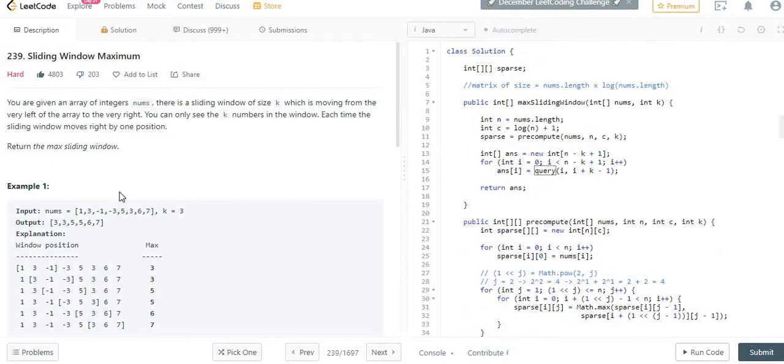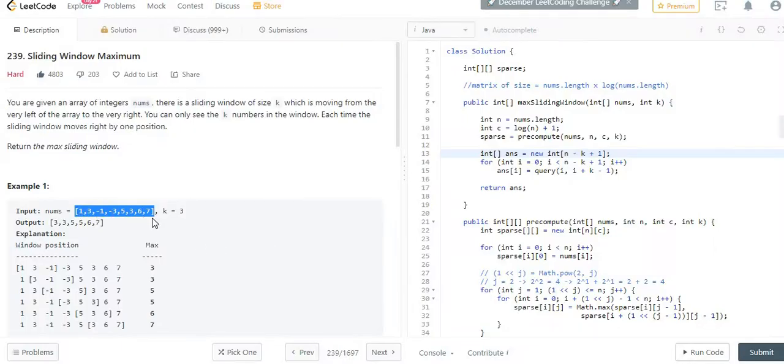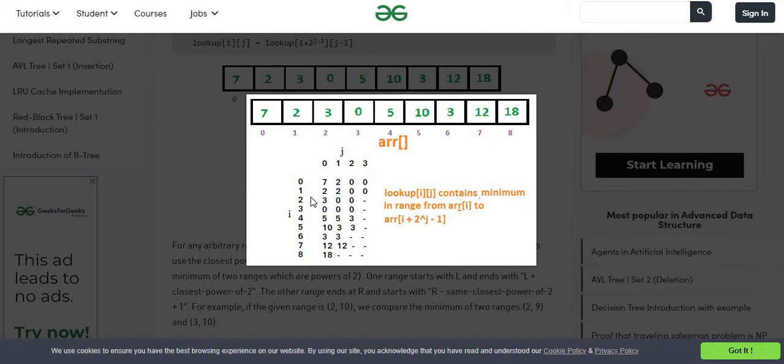In the sparse table it works based on binary values. Okay, let me show you this diagram. Let us consider this example. For example, we are given this integer array. So in this case this would be the array. What will happen initially when the computation happens is that it forms this two-dimensional matrix.